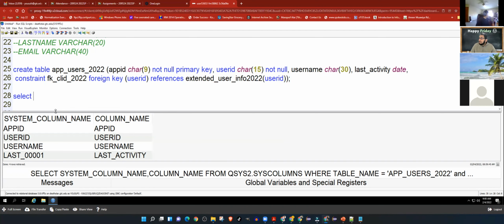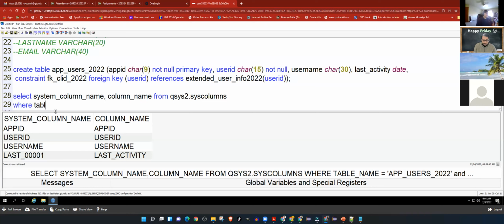So we select the field system_column_name, which is the column name defined by the IBM i OS, and then column_name, the long column name that you gave, from QSYS2, which is the name of the schema, dot SYSCOLUMNS. That's the name of the table in which all the tables and their column information is stored,